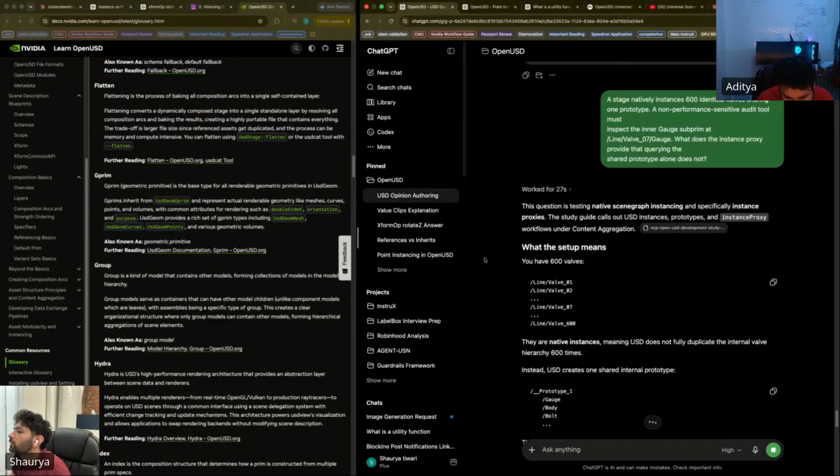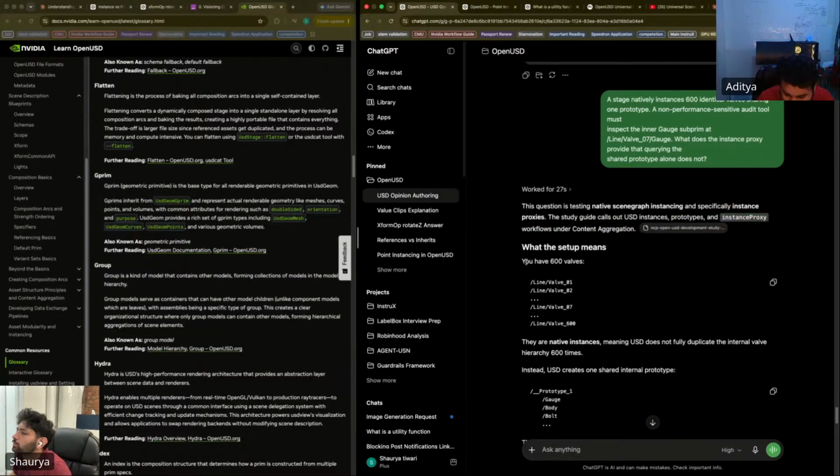This question is testing native scene graph instancing and specifically instance proxies. The study guide calls out USD instances, prototypes, and instance proxy workflows under content aggregation.